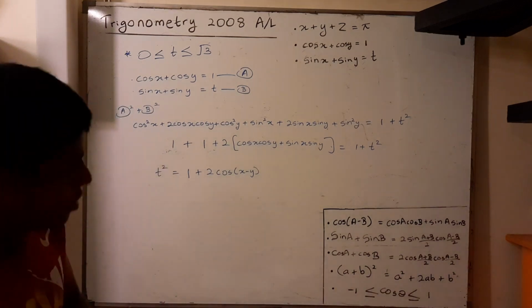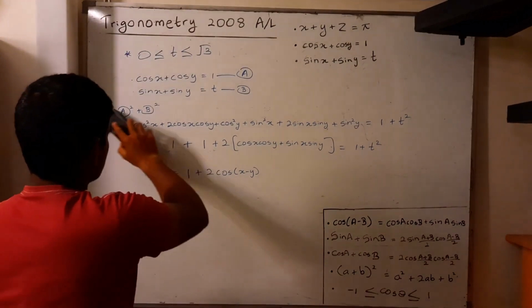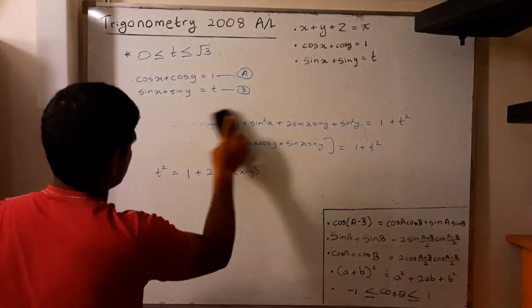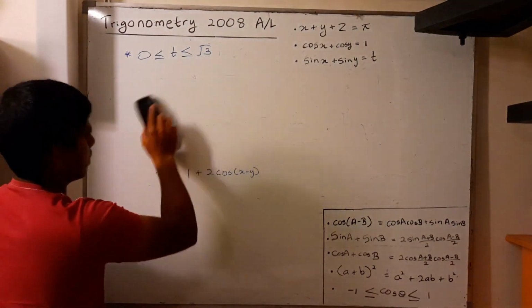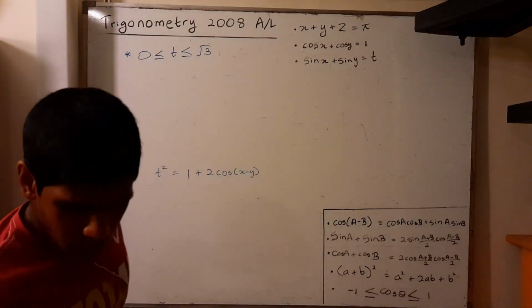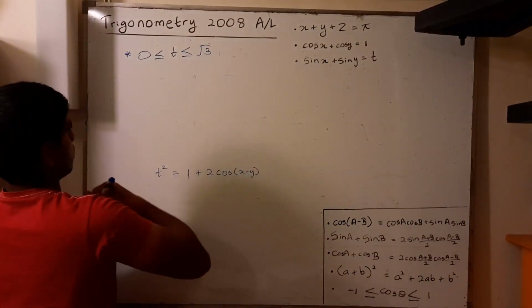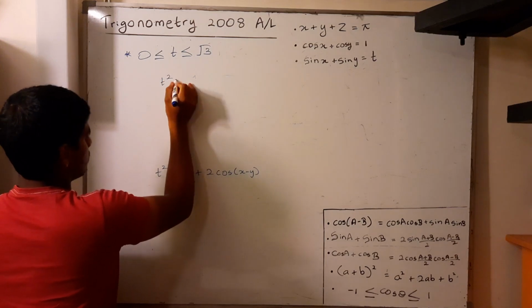So I need some space to do the rest of the question, so I am just going to erase what I have written on top over here. And I am going to write this equation on top. t squared equals